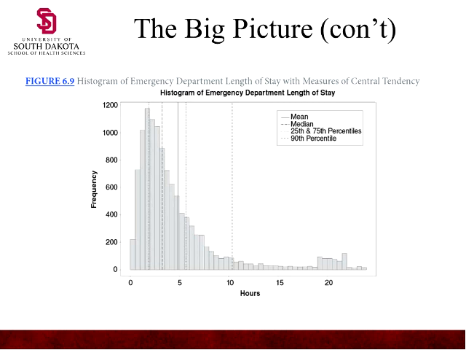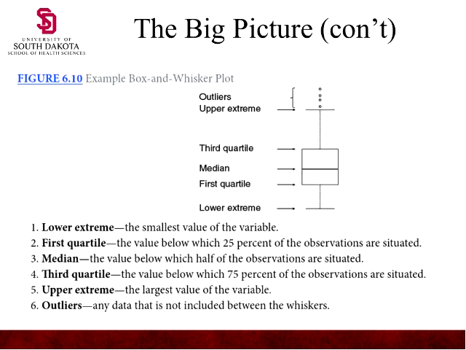So you're starting to see that even though this goes out past 20 hours, most of the patients are going to fall underneath the 50th percentile. That's actually a good thing. The central tendency shows that most of the patients are getting out in this group. There are some that are extended. That doesn't mean there's not a problem. It just means you're looking at it differently.